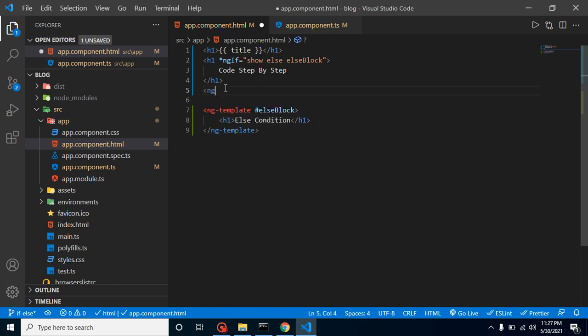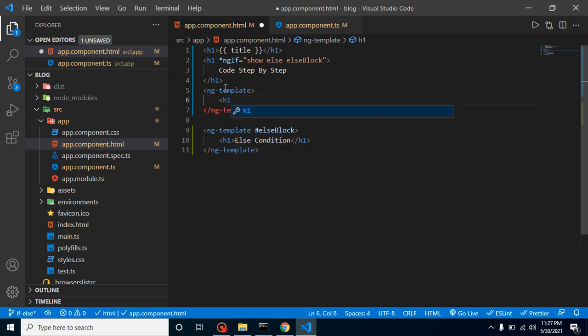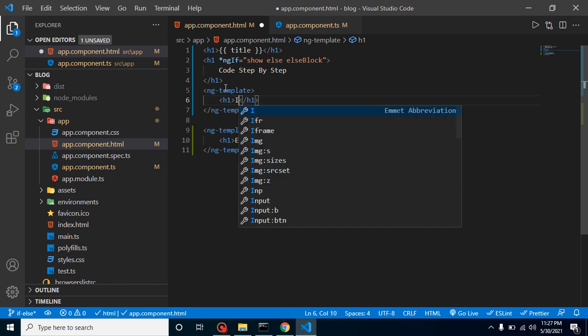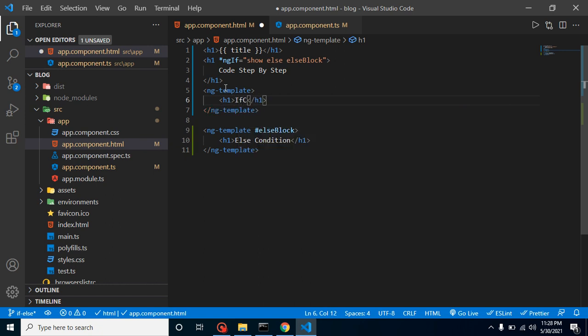So let's use ng-template here. Let's close it, and again make an h1 tag, put here if condition, and we don't need this text actually, so we can remove it.